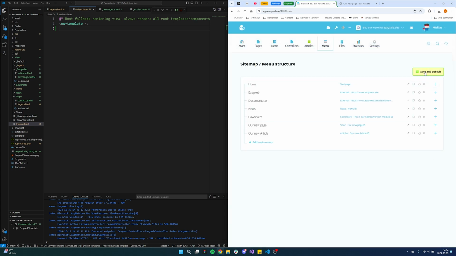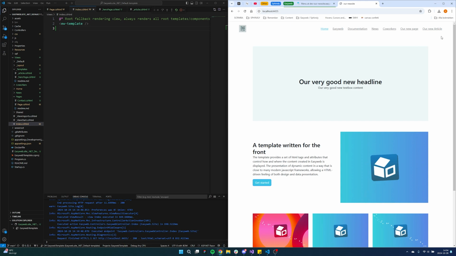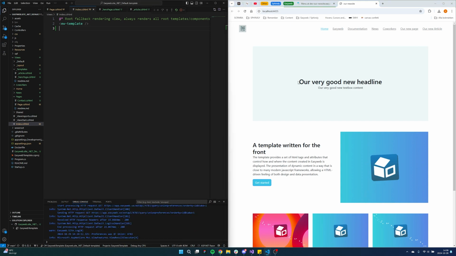And now, as you know, we've just created a brand new module with a brand new view, and we haven't added any code whatsoever to render out the contents of that view. But what we have done is we're using the same sections with the same keys as our default view. And now we'll see what happens here when we go to our new article. So we'll click on our new article,